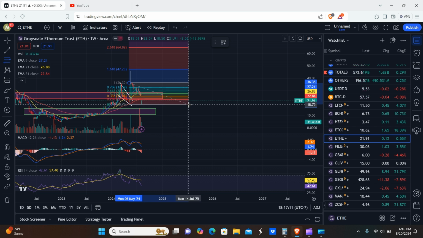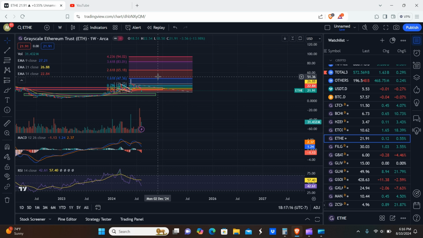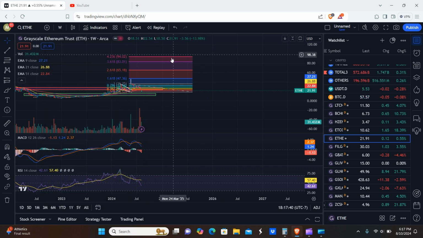So if this is the bottom here on the low of this candle, which is possible because after that crazy flash crash we saw, I would not be shocked if the markets just simply kept going up. So you got 47, 66, 83, and roughly about 94. So let's see, 94 divided by 20. We'll just round this up and call it 22. 4.25x, so not bad. I mean, it's not like a 70x or a 1000x or some crazy thing like that, but still not bad.